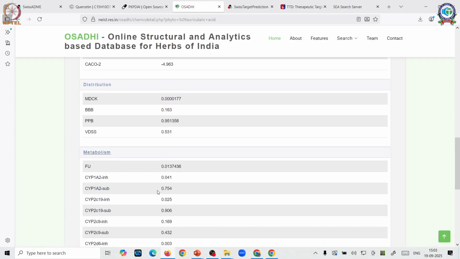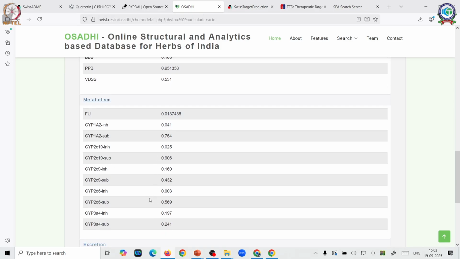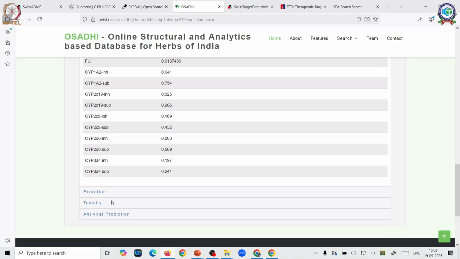Then, how much it is able to permeate, there you just got a yes or no answer, if you recollect, in your Swiss ADME database. But even in your PKPD AI you can see the literature. Here it will bring you more curated values of cytochromes action or metabolism.